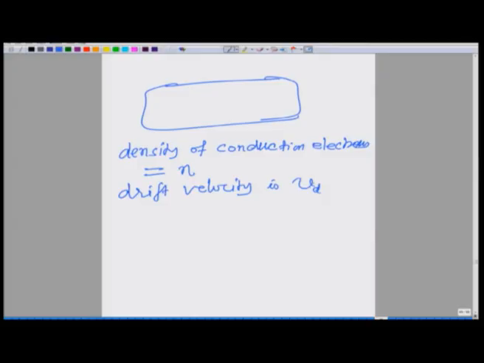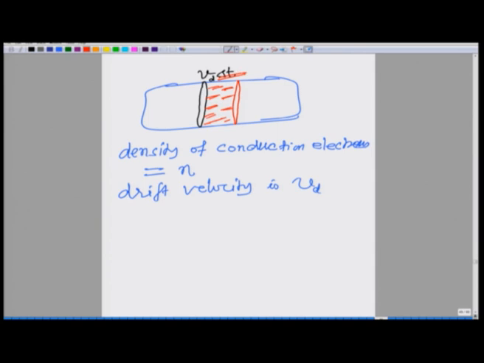So, how do you write the current? Suppose you have a cross section here. At certain time, think of a length of let us say a length of V d times some delta t. Suppose this is that length and you draw another cross section here. Okay. And now consider all these electrons which are here, they are all moving with the drift velocity at certain time t, and what happens to these electrons in this time interval delta t.